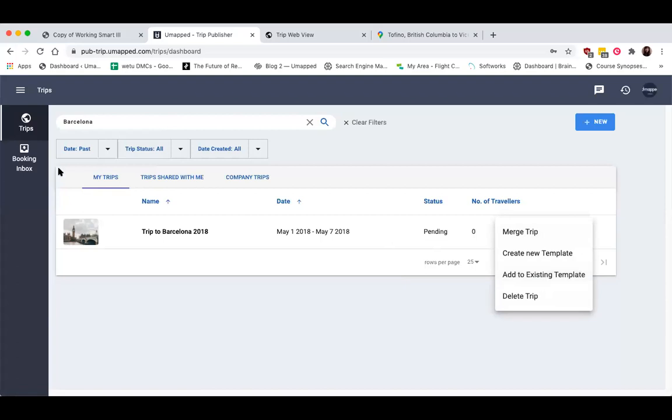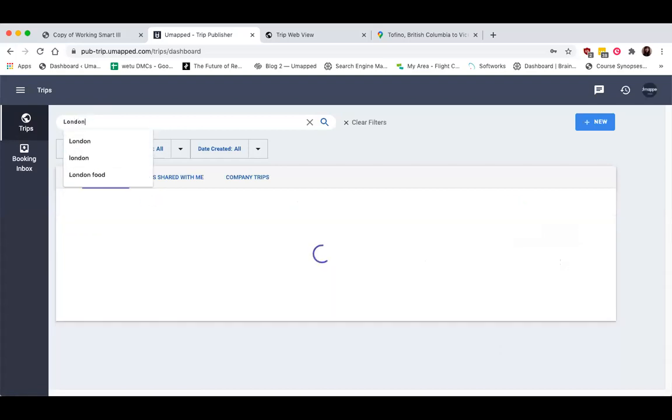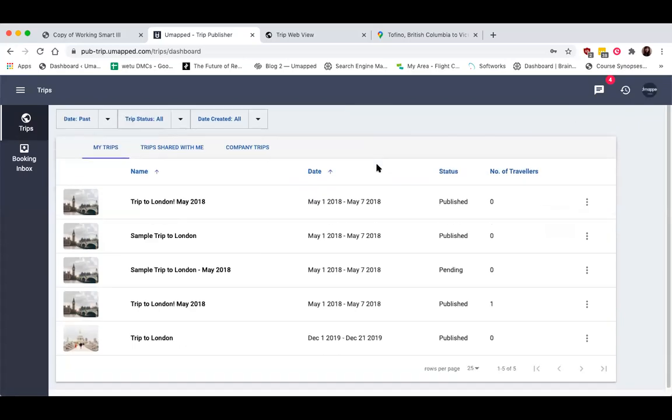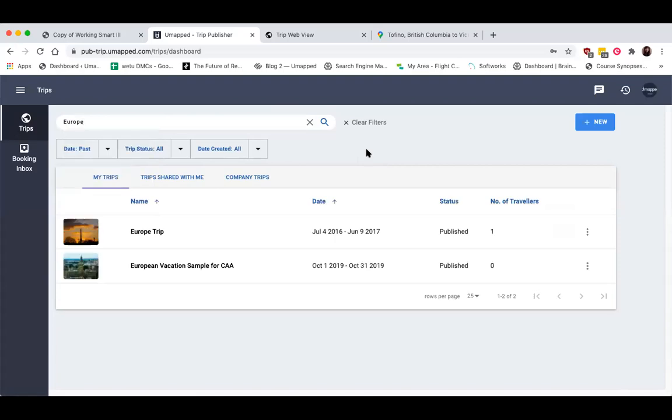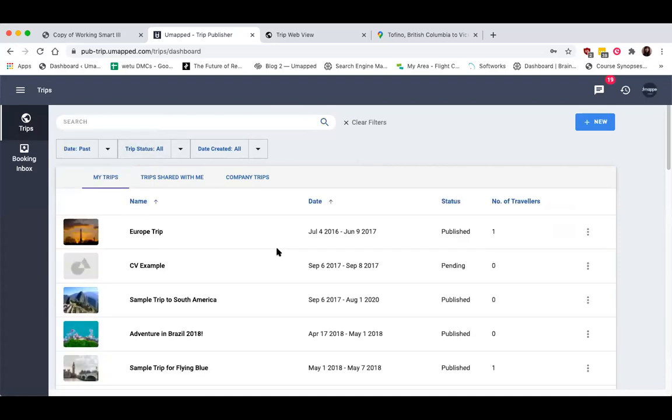So it's super easy. All you got to do, first of all, like I said, is find the past trips, refine it down a little bit more. If you have a lot of trips like London, look how many I have for London. That's not that bad. What about Europe? It's actually not that bad. So if you do have a lot of trips, actually, I'll look up the word sample.